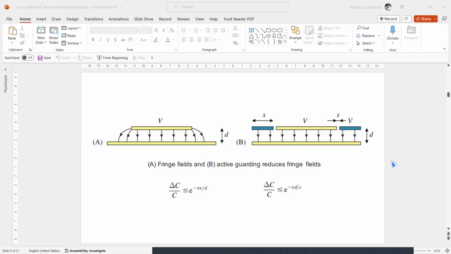S is the gap width between guard and active electrode. As a rule of thumb, for X over D and D over S equal to 5, this error is less than 1